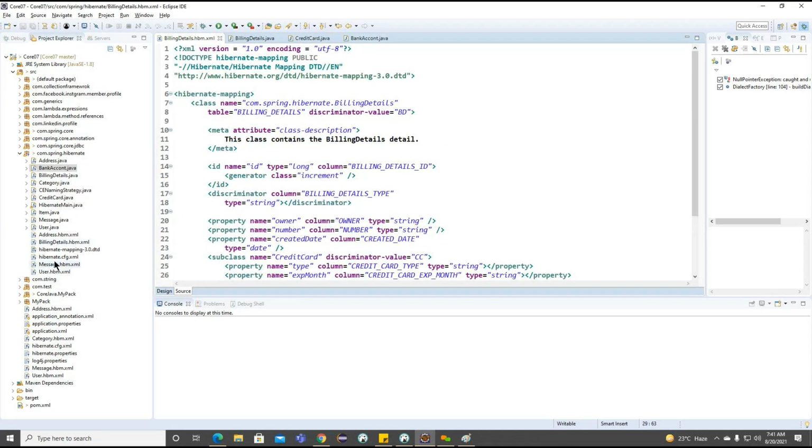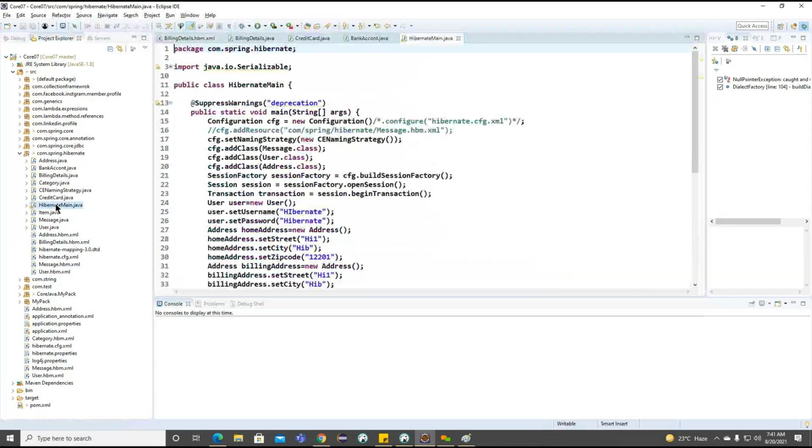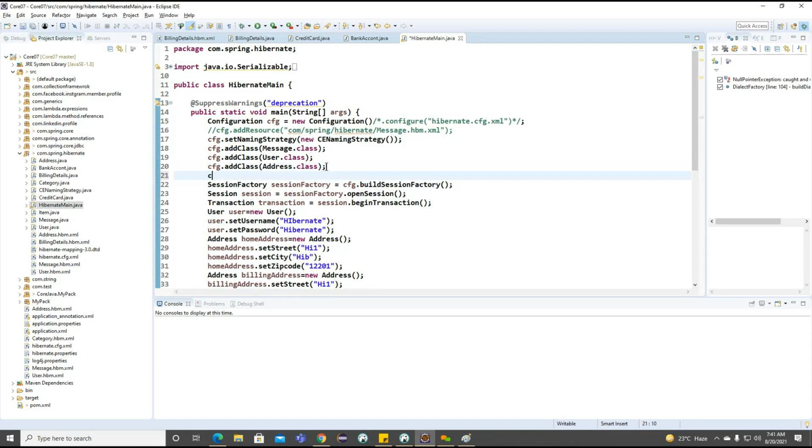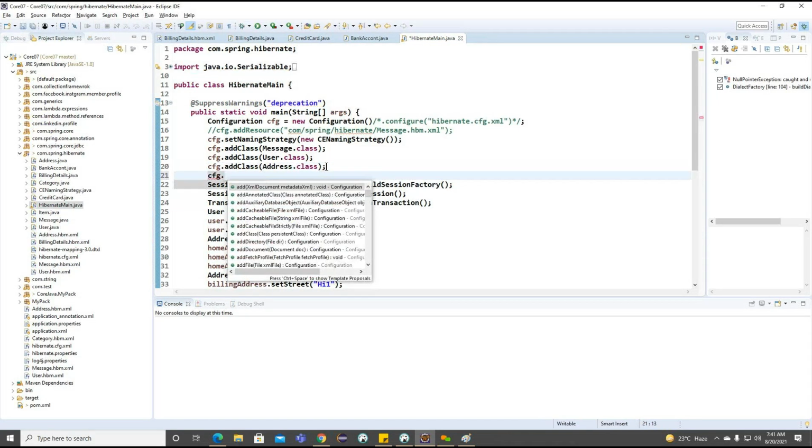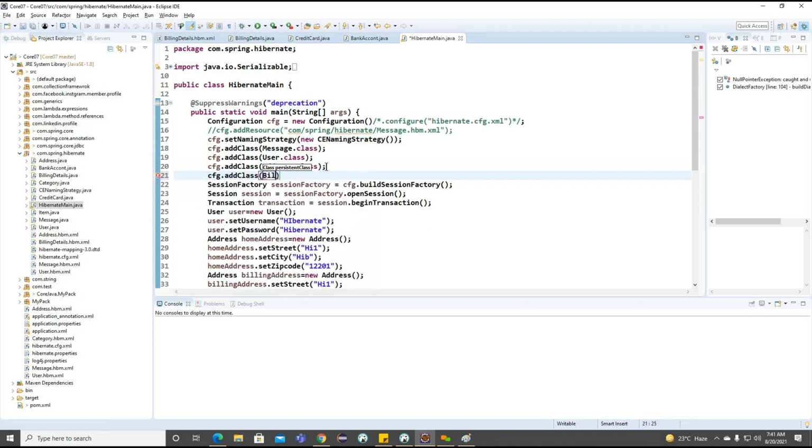Now what we can do here, we'll go for the main class. And I will add here cfg dot add class billing details dot class. Okay.